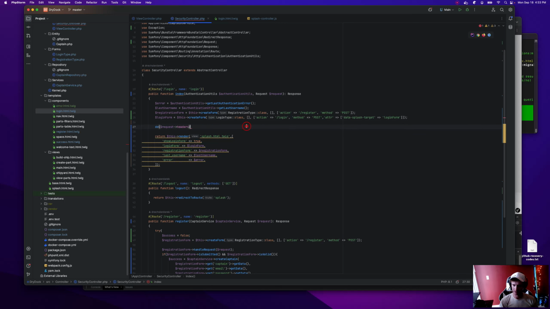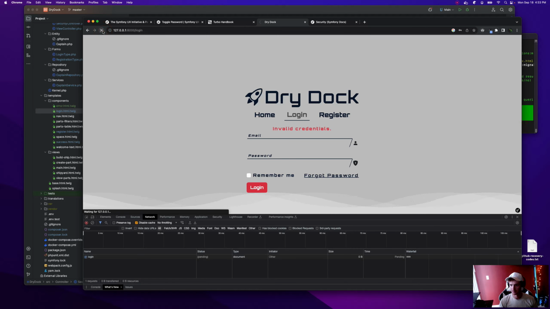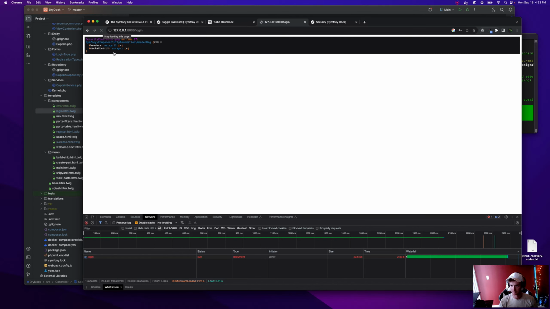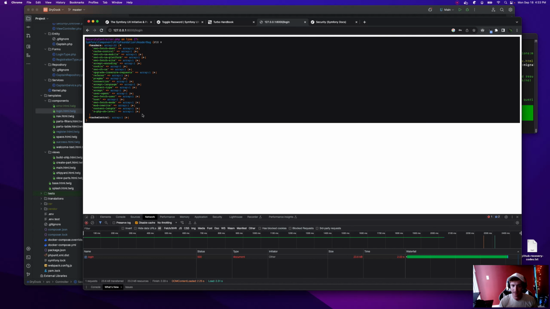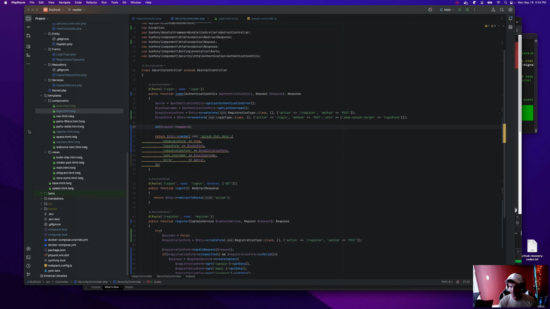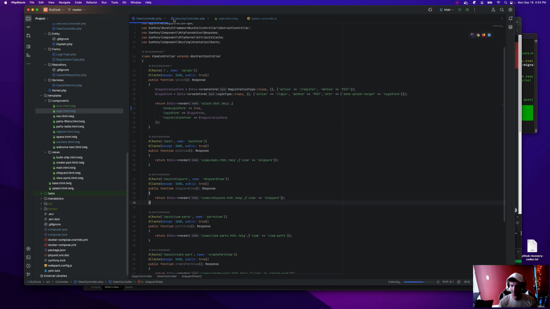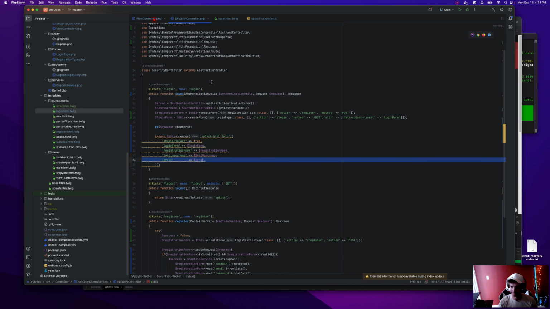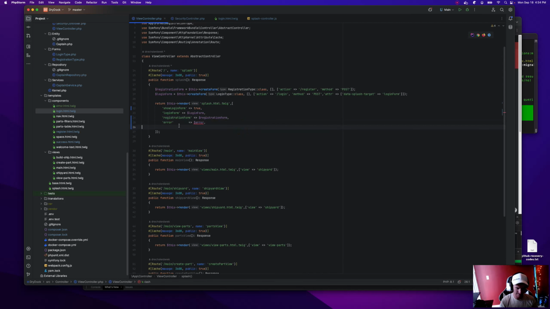Okay, cool. Headers. And it's not in there, which is good. I don't want to hit the login route. I want to hit the splash route. Error does not exist. Right. I knew that. Obviously, that's just nothing.